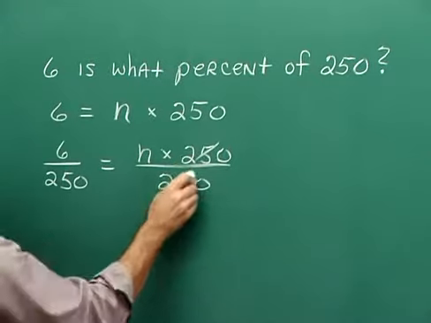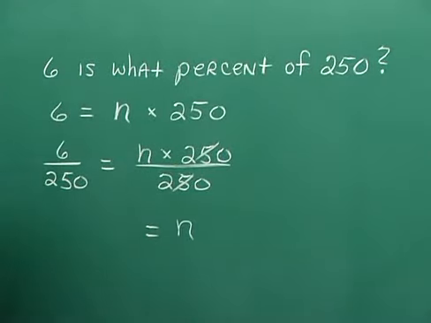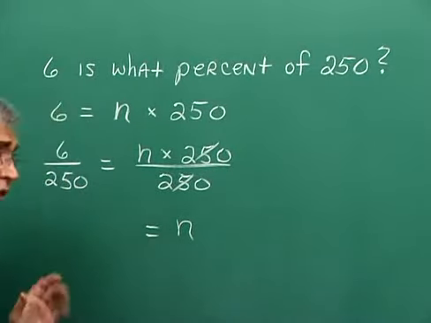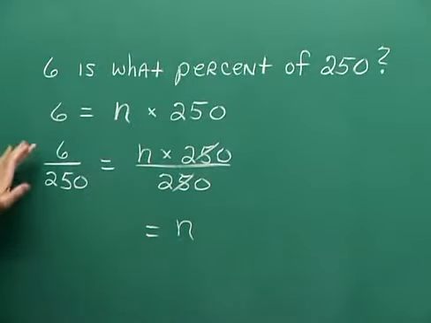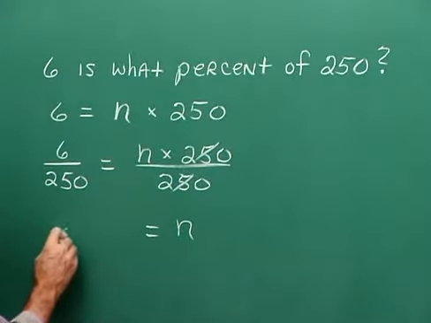Now the 250s go out as expected. And on the right, we have n isolated. Now, 6 divided by 250, we would presumably go to the side and perform that division. Or, if we're using a calculator, we would punch 6 divided by 250 equals, and we would get a result. And the result turns out to be